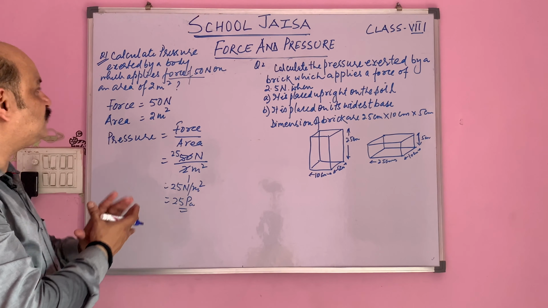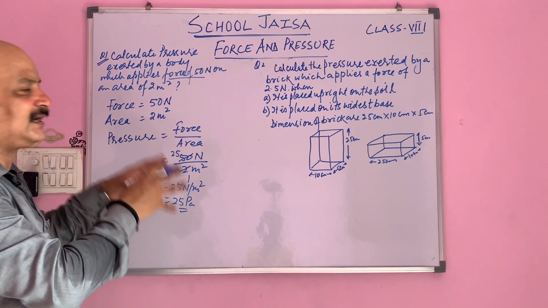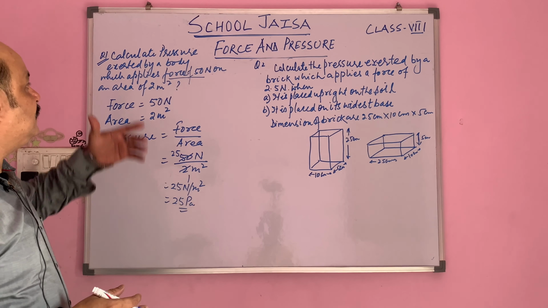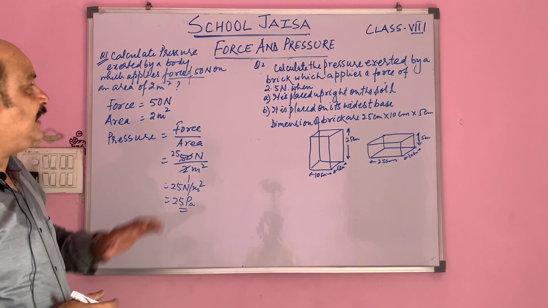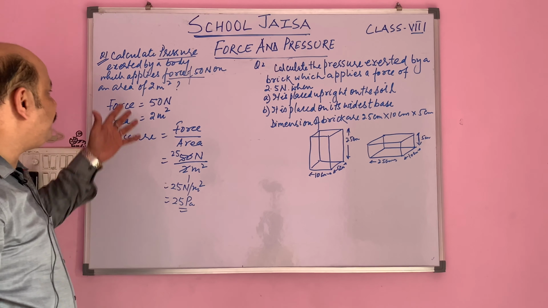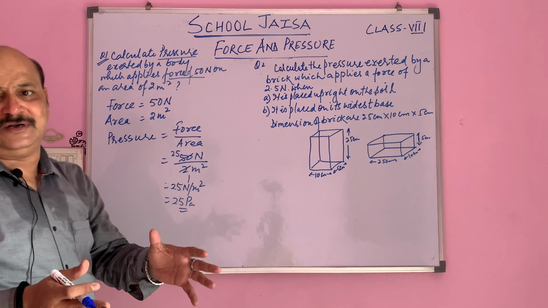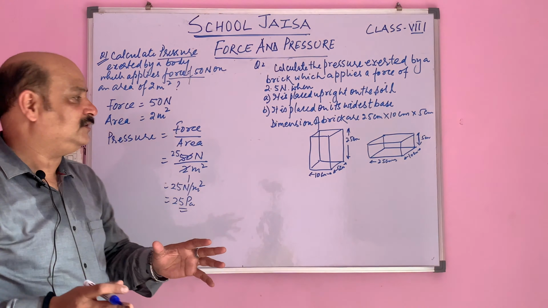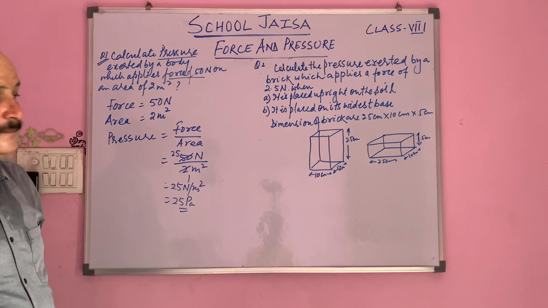It was the easiest one, in which things were given directly and you have to put them directly in the formula. What was given in it? Force was given, area was given, and you have to calculate the thing which is called pressure. So when the force and area, both, were given in proper SI units, that is Standard International Units, no lots of work needs to be done.